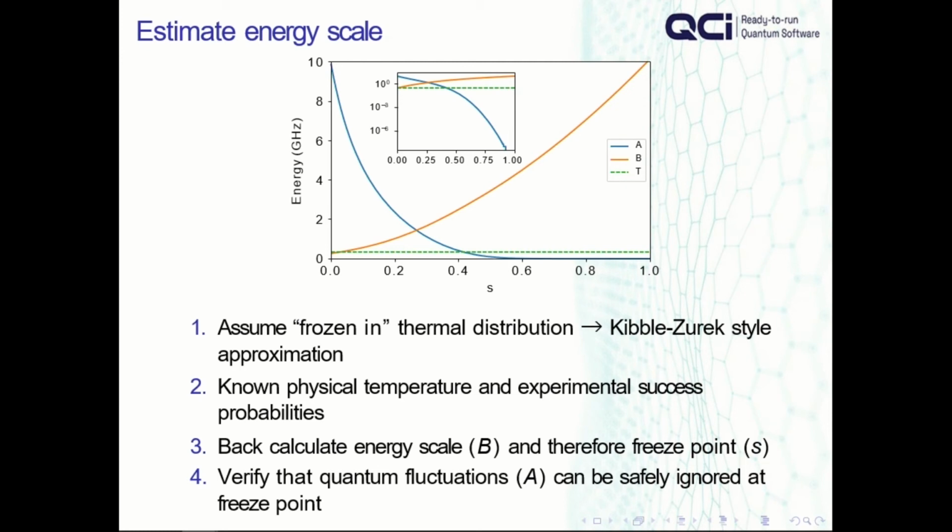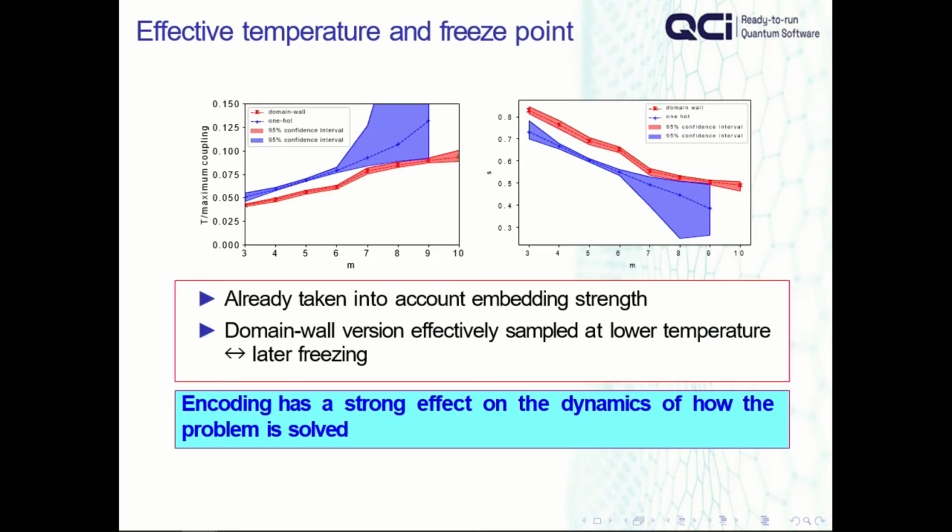Turns out, and then we have to, at the end, go back and verify that what we did was sensible, because we're using a thermal model. We're not including the quantum fluctuations. We have to make sure that was actually an okay thing to do. It's a boring thing, but otherwise your work could be nonsense.